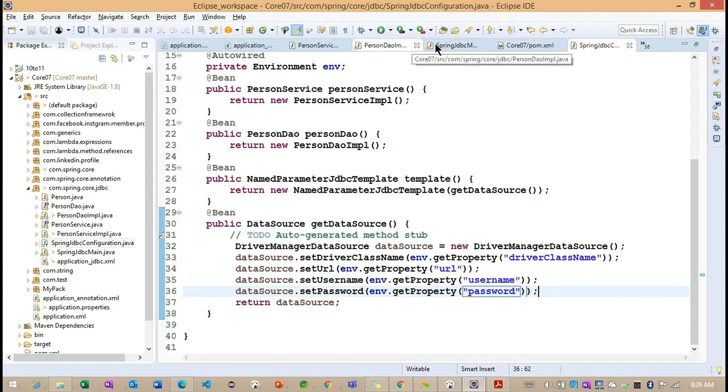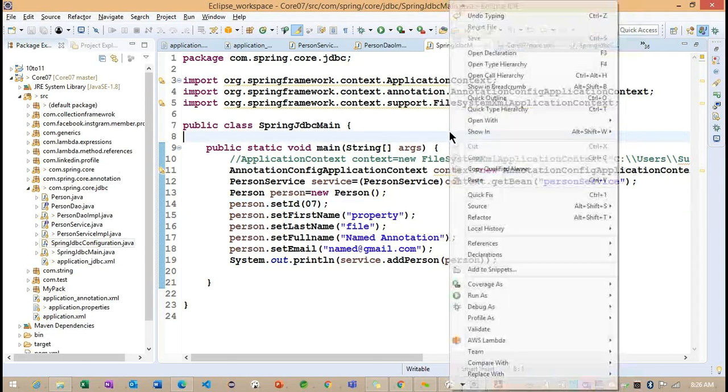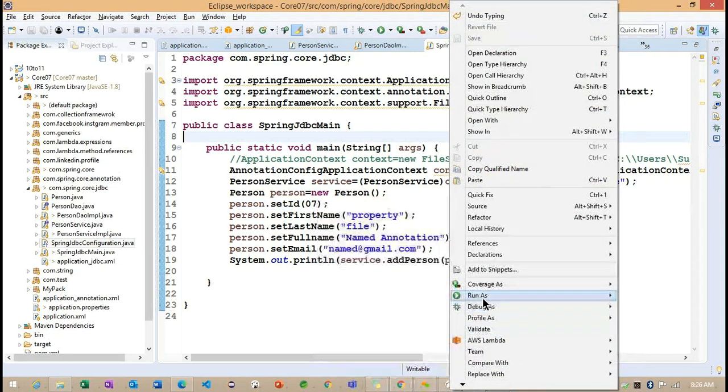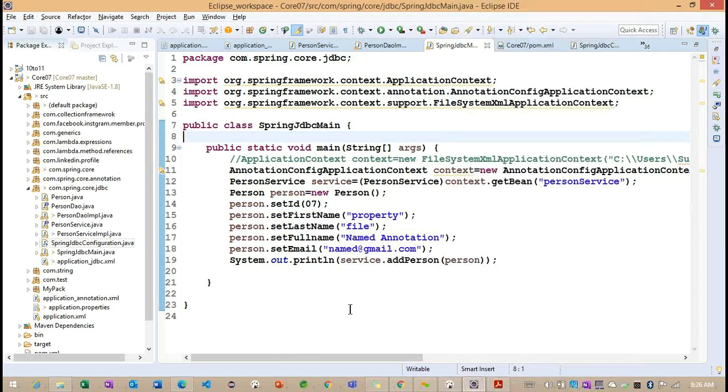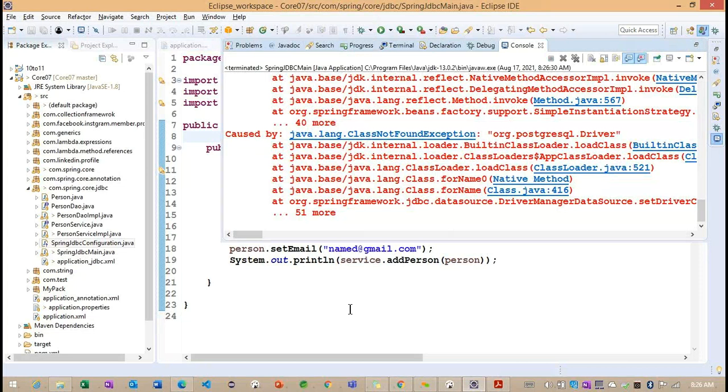For the remaining, everything in the class and property file, we are going to use the same thing. So just for understanding here, with the help of this particular property file, we want to check whether we are able to insert the same data record or not. With the 7 id, one more record we are trying to insert into the person table.